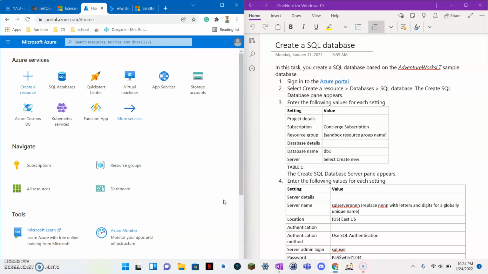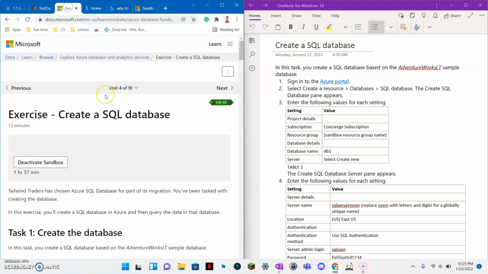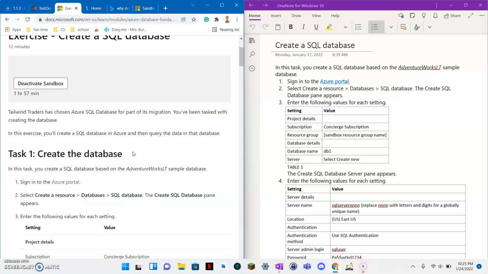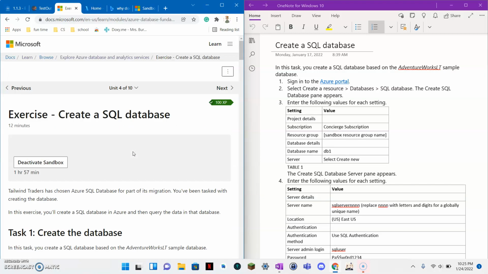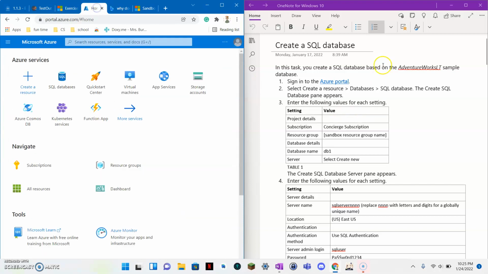So I'm just going to go through and show you guys how to create an SQL database, going through the exercise in Azure Fundamentals Part 2. It goes through, gives you all the directions to do it. So I put that in my notes. My notes are going to be linked to